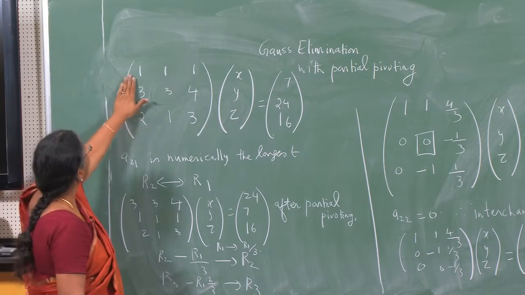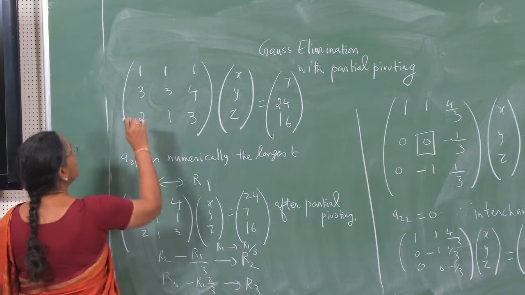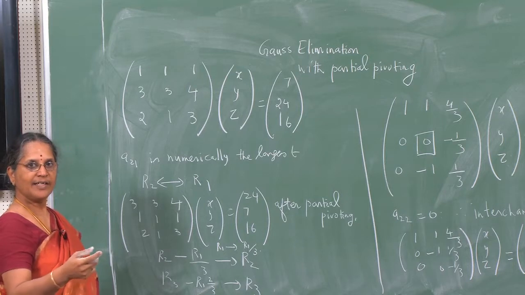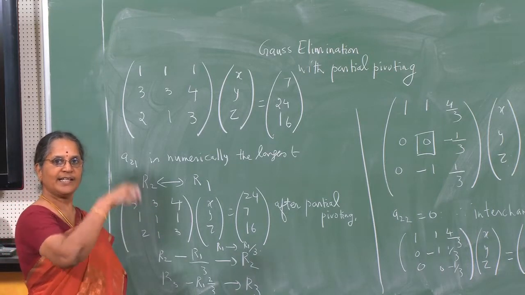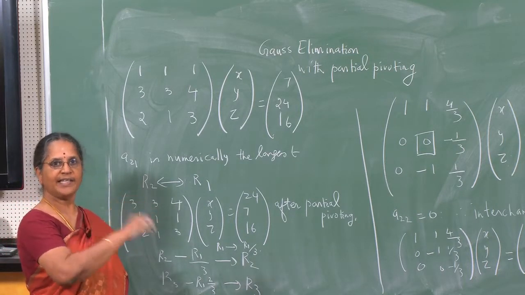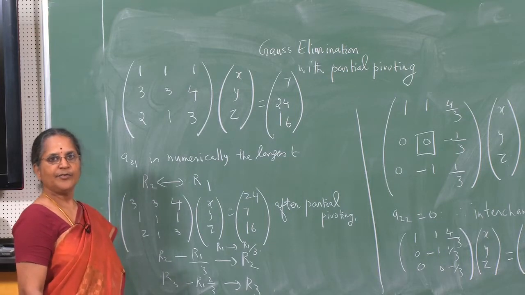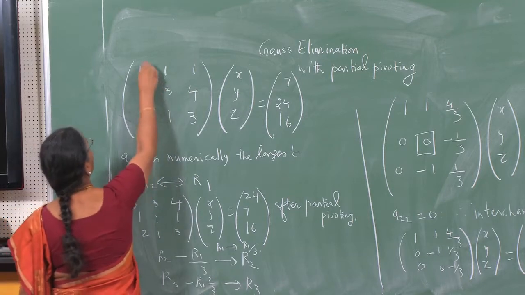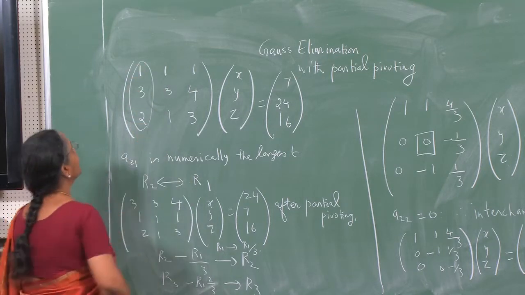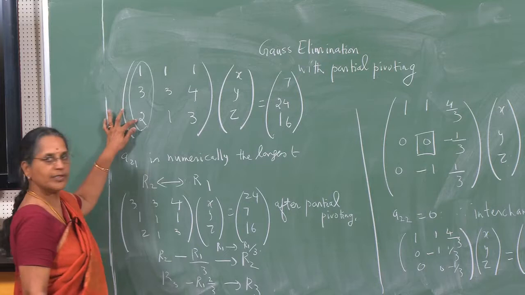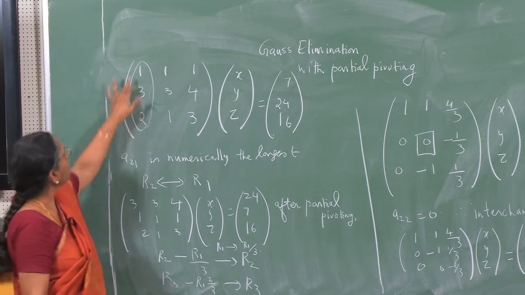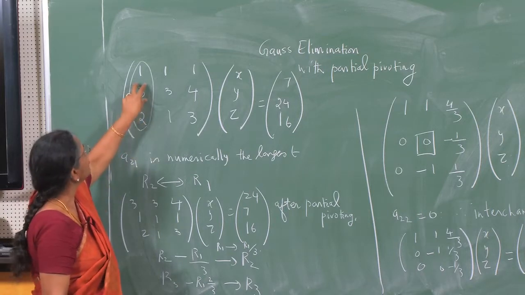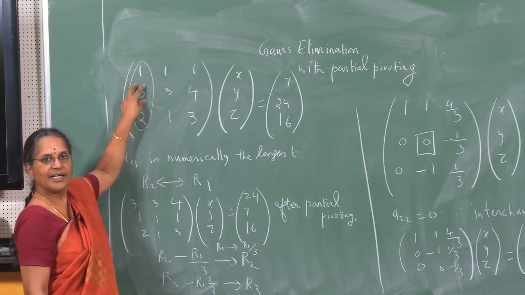So, I look at selecting my first equation in such a way that the coefficient of x1 in that equation should be numerically the largest. So, I scan all the elements which appear in the first column, namely the elements 1, 3 and 2, and I observe that from among these coefficients, which are coefficients of x1, this is numerically the largest, and therefore,